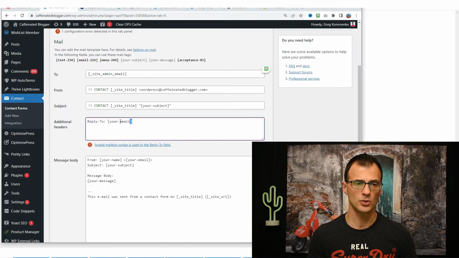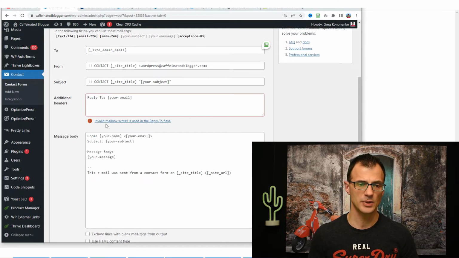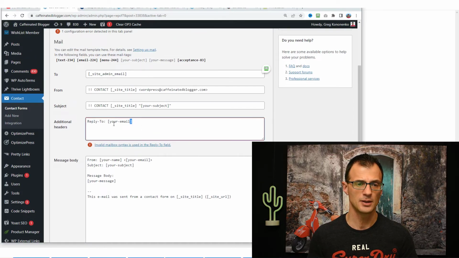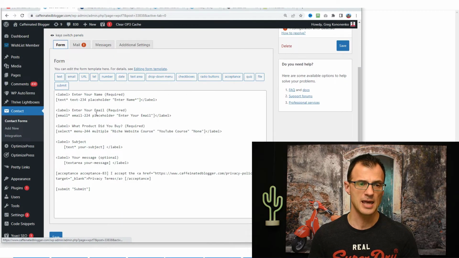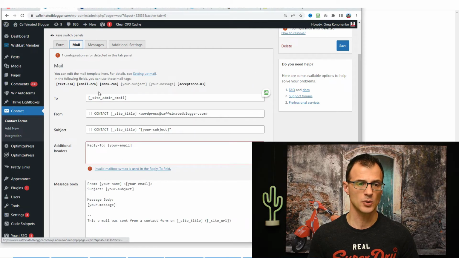And this is where we'll want to remove your-email. See, because this is now underlined in red and it says invalid mailbox syntax. And the reason is that this field, your-email, does not exist because we created that field from scratch. Now our email label is email224, like this. So it's this one over here. So we actually want to copy this.